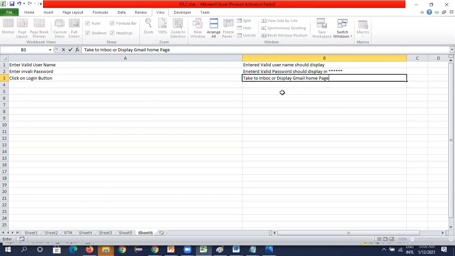In this manner, you need to write. See, in an organization, there will be different methods based on the manager. It will be dependent. So for example, in my earlier days, I used to write like this: enter valid username, entered valid username should display, entered valid password should display. And later, one new manager came for us, and she strictly said that we should not use the word should.